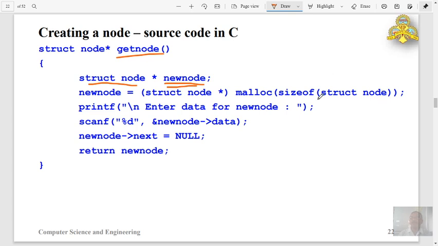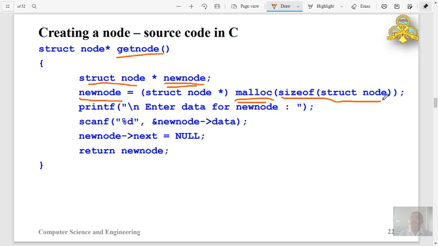Then I will allocate memory for new node. That means new node is a pointer. I will allocate a memory location and its address will be assigned to new node, and here malloc is utilized.